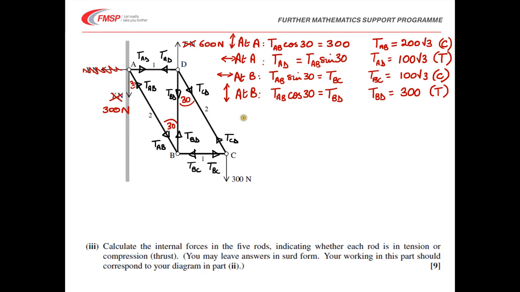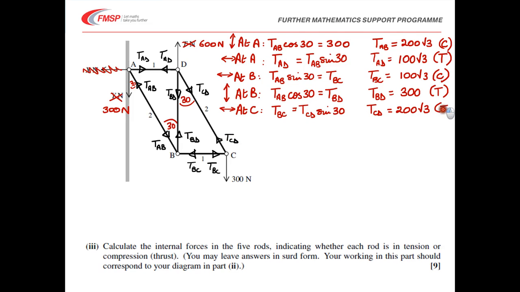And finally, let's choose one last point to work at. Let's consider C. If we work in the horizontal direction at C, we could also work in the vertical direction, but it would mean using 3 forces instead of 2. So if we just work in the horizontal direction, then all of TBC, which we already know, is equal to TCD sine 30, which gives me TCD is going to be twice TBC, so 200 root 3 newtons,